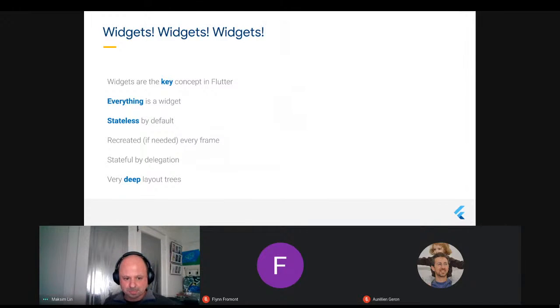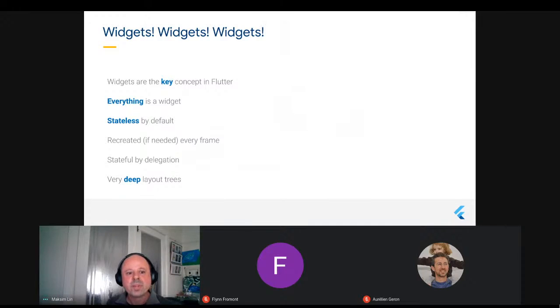They essentially offload that responsibility of keeping track of state to something else. Stateful widgets are one way of keeping track of state in Flutter. They're the most basic, if you like, or the built-in way, but there are lots of other ways. And I'll talk about this in a little while.